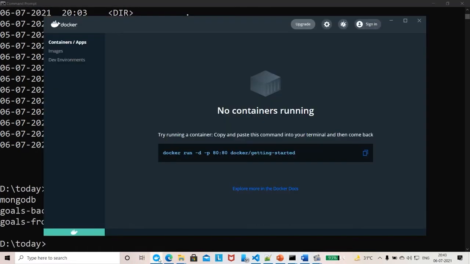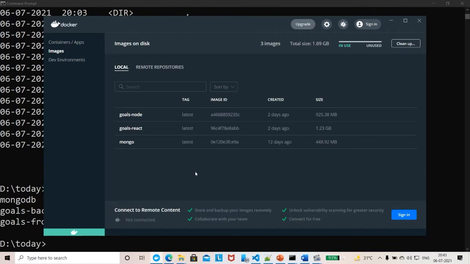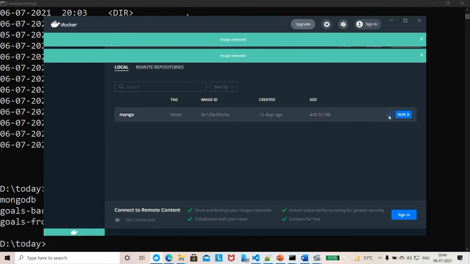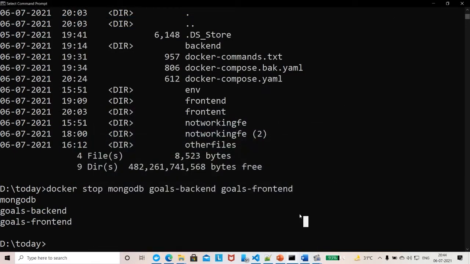Everything is down now. We can see there are no containers, there are images, so we will let them be there because they will be needed, or rather we will just go ahead and delete them. We will rebuild again. So we have removed all our images. The network is also there, we can delete the network, but it is not necessary.